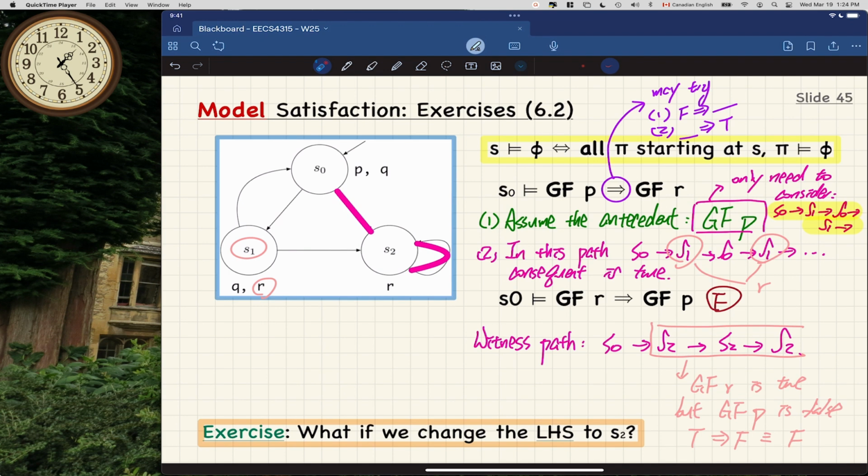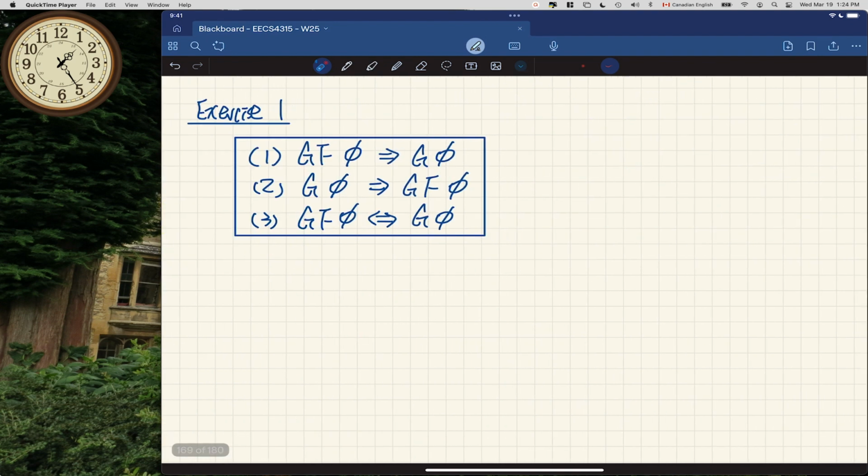Guys, are we okay with the example here? Okay, good. Let's talk about 2 exercises, and then we'll see how that goes. All right, exercise number 1. Now you're given 3 choices, right? We're basically comparing GF and G. Actually, that's something we just did, right? So now you should be in a better position to choose. Option 1, 2, or 3. Anyone? Besides Adrian, I'm pretty sure you know the answer. Give it a try. Option 2, okay. So when you say this one here, that's correct.